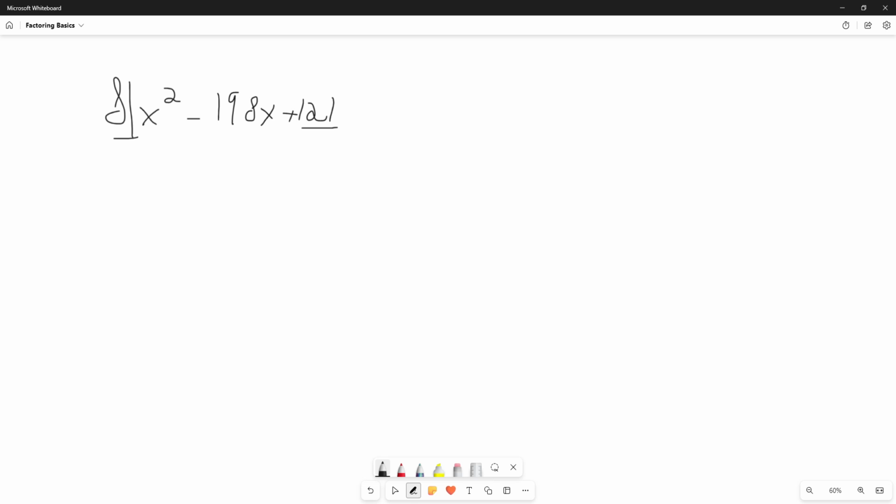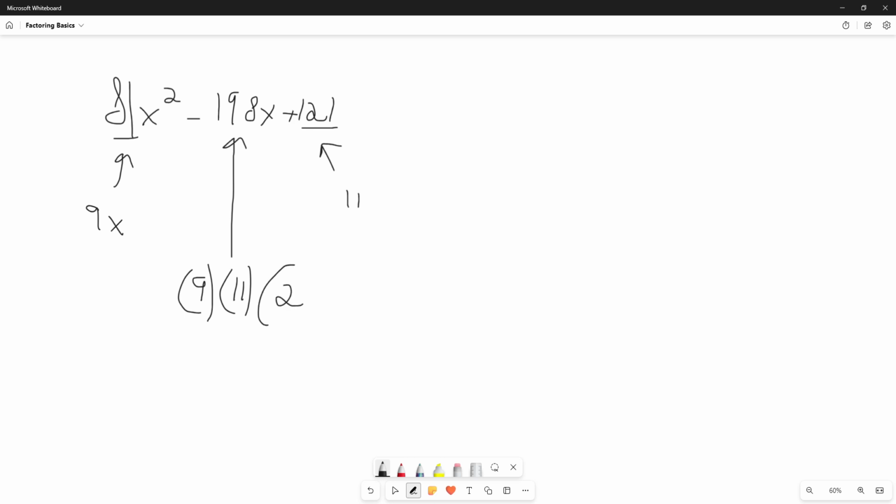But what we can see here is that this first term and the last term are perfect squares. So the square root of 81x squared is 9x. And here the square root of 121 is 11. But we have to verify one last thing, that this term, minus 198, is equal to 9 times 11